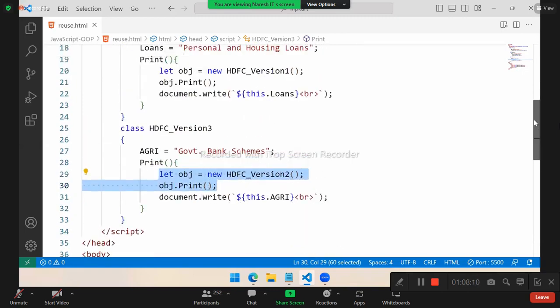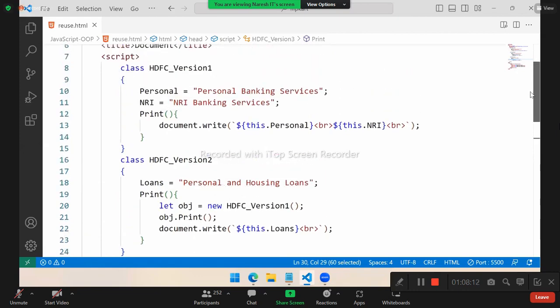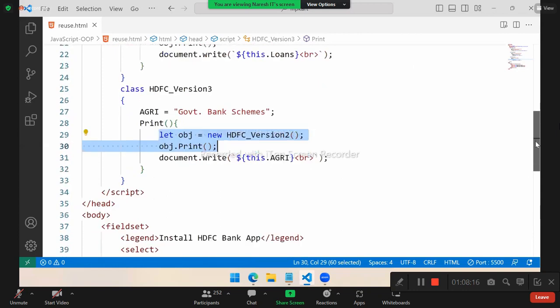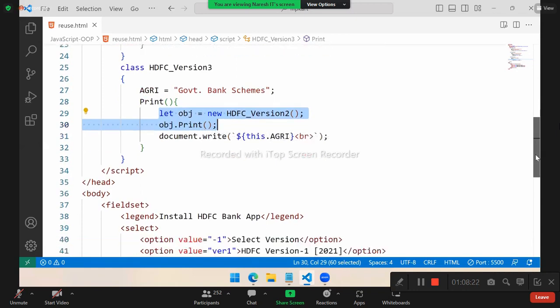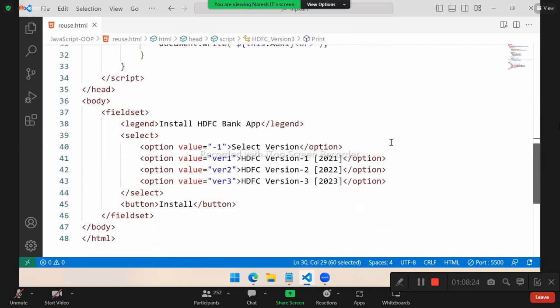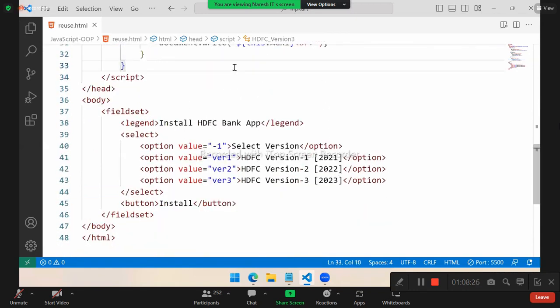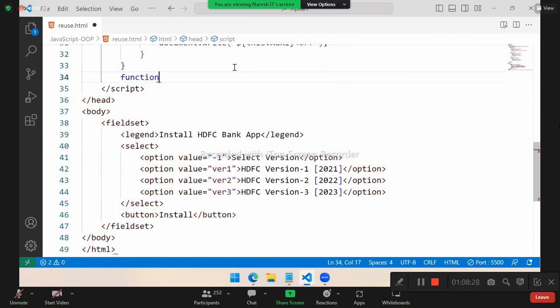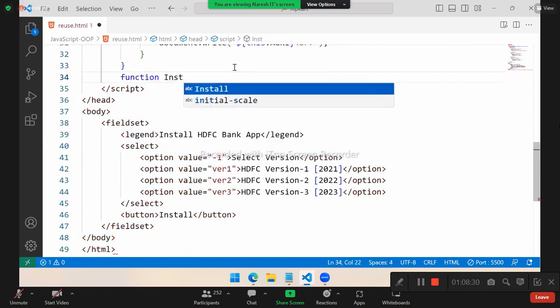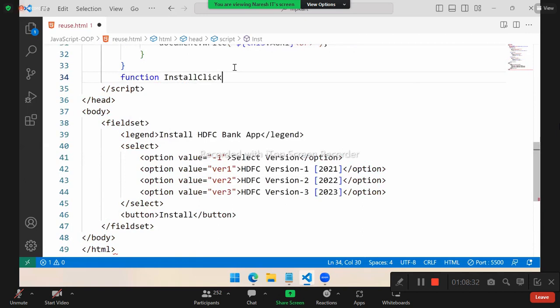But there is no relation between the classes. All 3 classes are independent. And we are able to access and extend the classes without maintaining any relation between classes. This mechanism is aggregation. Now what we will do is write a function called install click. On install click,